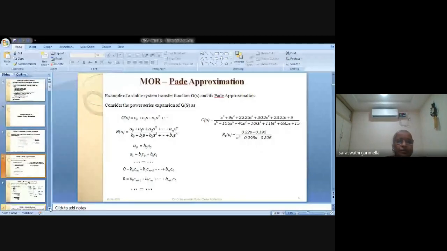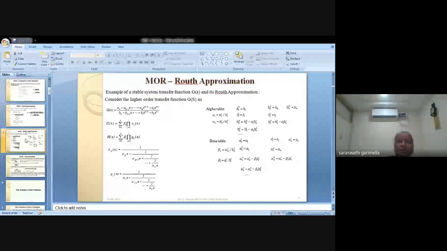And there is a Routh approximation method, by Hutton and Friedland. They have done this, and there are so many works that have been developed. That is the Routh approximation method, that is RAM. Then the modified Routh approximation method, MRAM, and there was a simplified Routh approximation method, that is SRAM. There are so many, because Lucas and others have done work on this. But my guide, Dr.